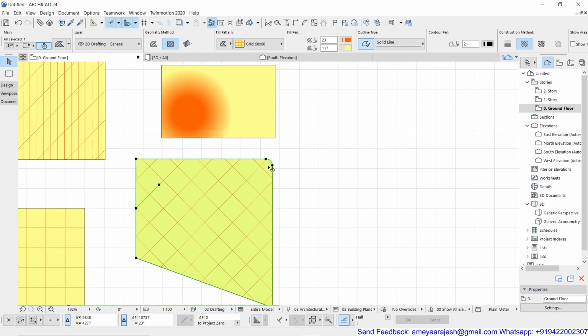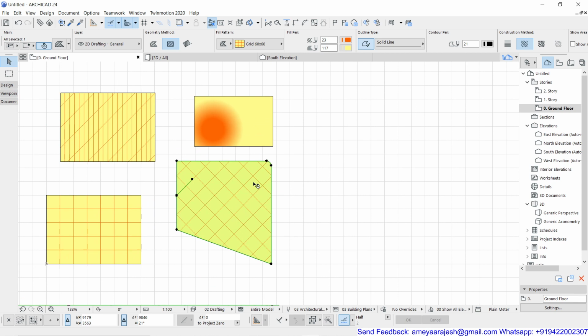Okay, so you can work with a slab tool also or roof tool also. The same palette will come. The only thing is that this is a 2D object, while for those the third dimension will be added to the object. Now the next option on clicking the node is offset all edges. That means you can offset this object either inside or outside. There will be a limitation to offset it inside because of the curved edge.